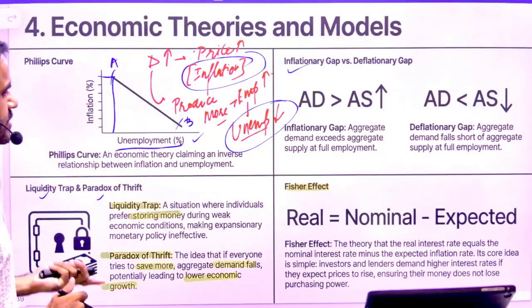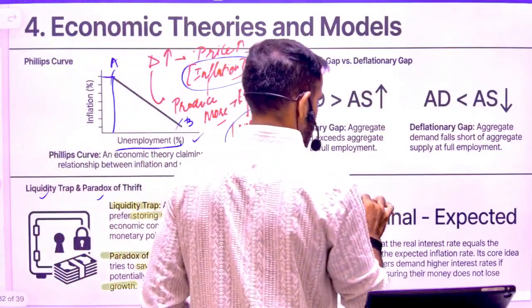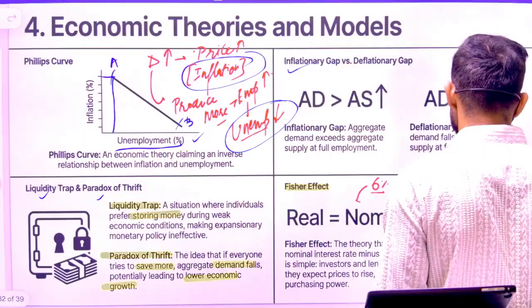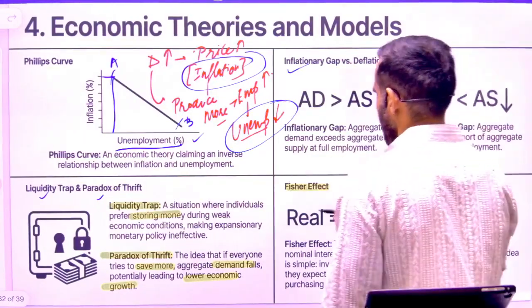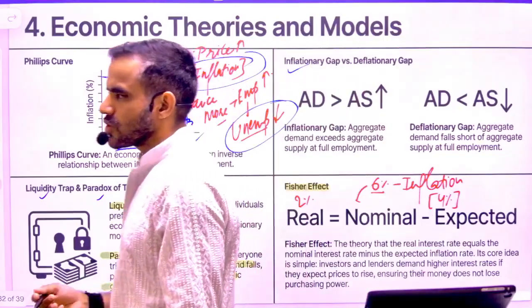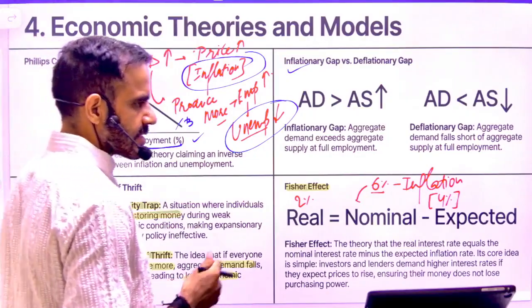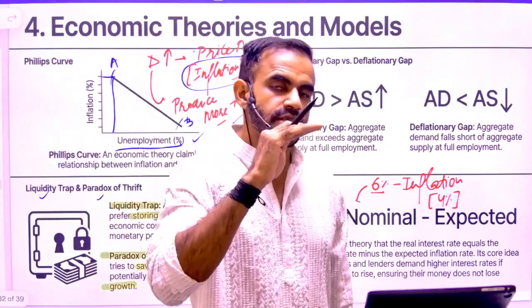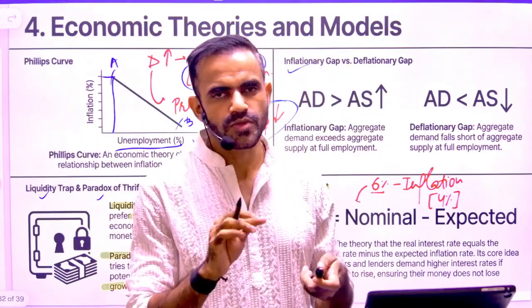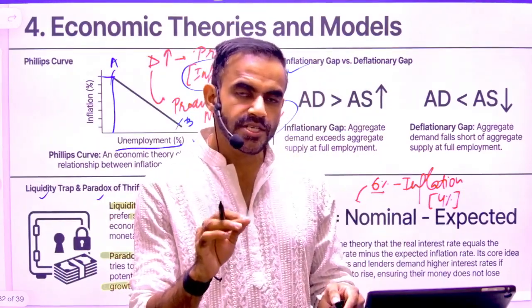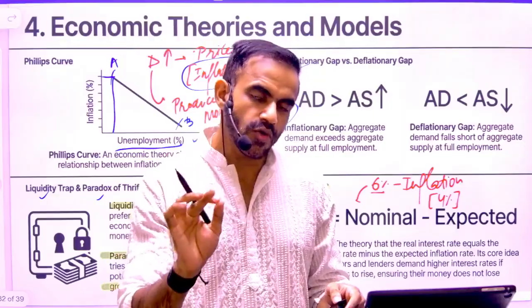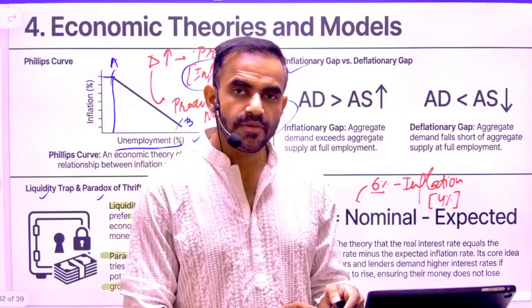So the nominal interest rate which I am charging is 6%. Because of inflation, let's say the inflation rate is 4%, my real interest rate is going to be 2%. In a very simple sense, the real interest rate is the difference between the nominal interest rate and the expected inflation. Now understand it this way. You think that in future the inflation is going to increase. Let's say instead of this 4%, you think that next time the inflation is going to be 8%. This is your expectation, that in future inflation will be high.